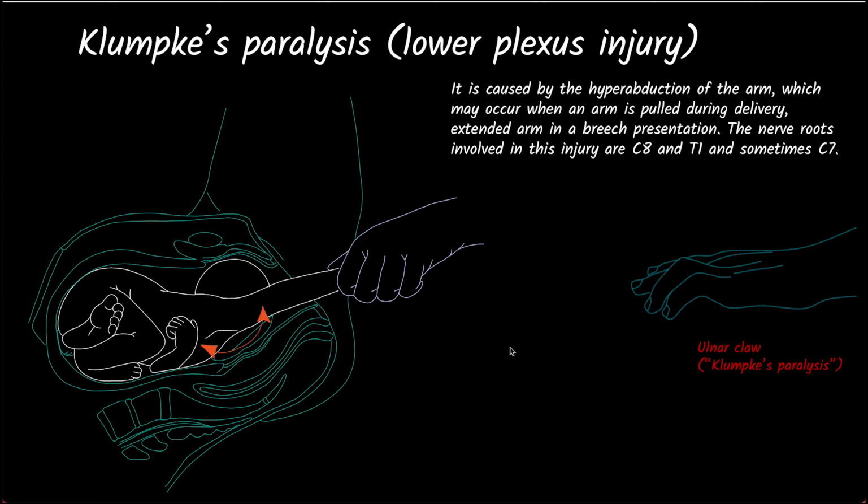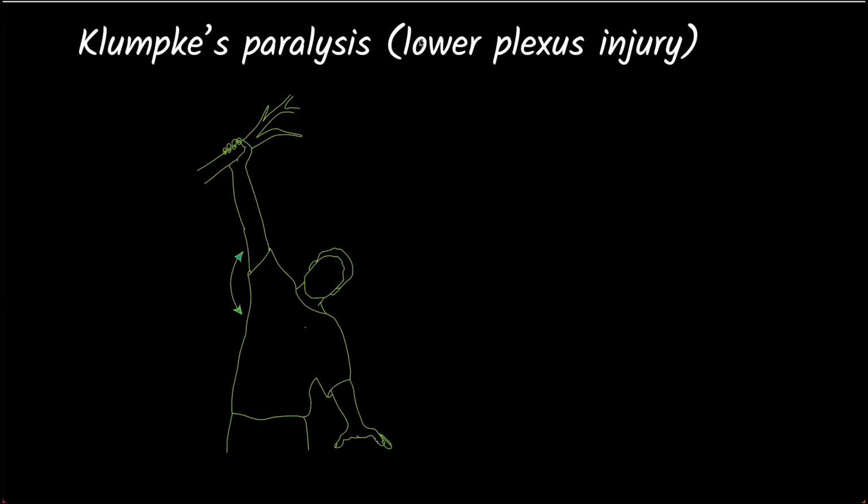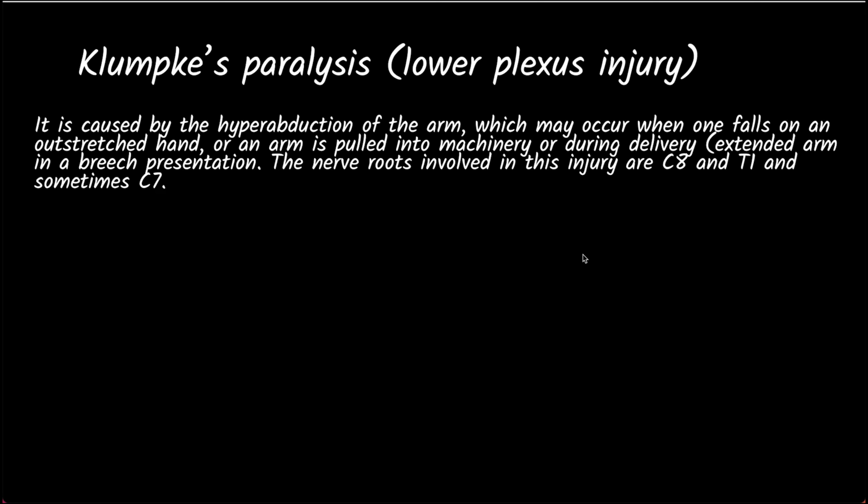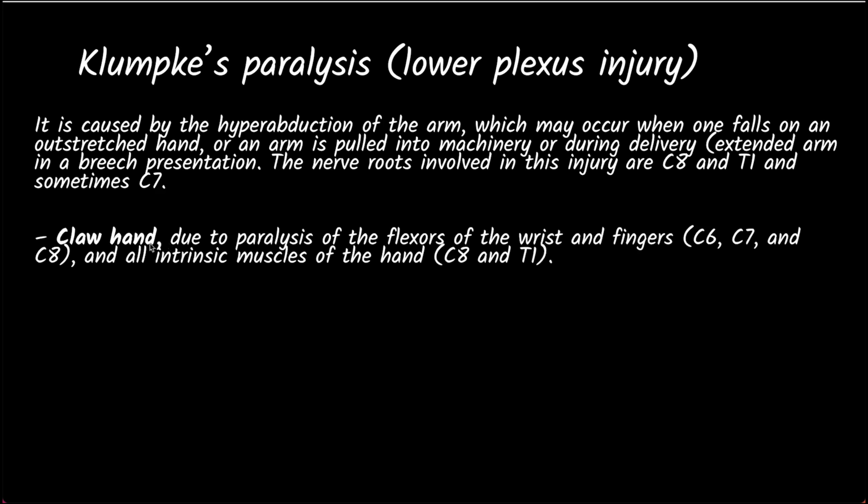As a result of that, a classic ulnar claw can be manifested in this Klumpke's type of paralysis. Now if you look at an adult example, somebody is falling from a height. On the way, he was able to grab some support. Now look at it. Because of the weight and gravity, there is a hyperabduction. And this will result in what? A classic ulnar claw, and that is Klumpke's paralysis. These are the reasons for having the ulnar claw.